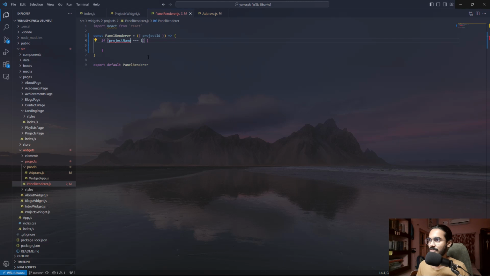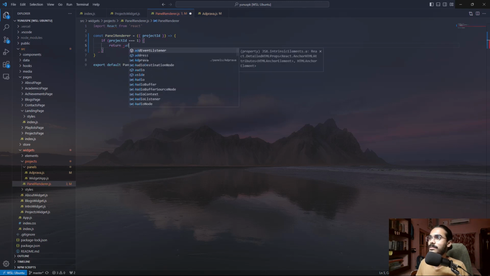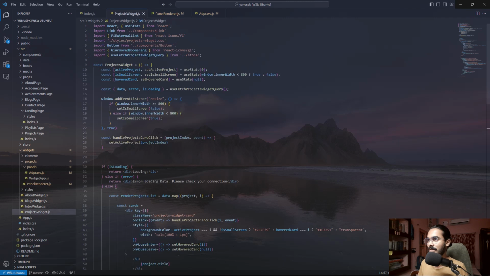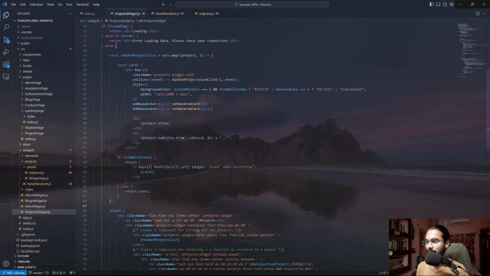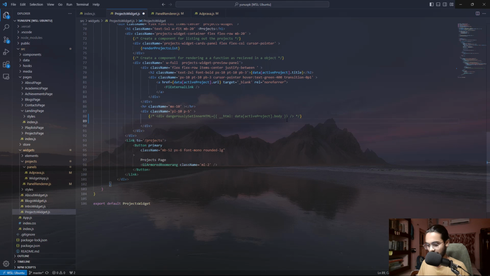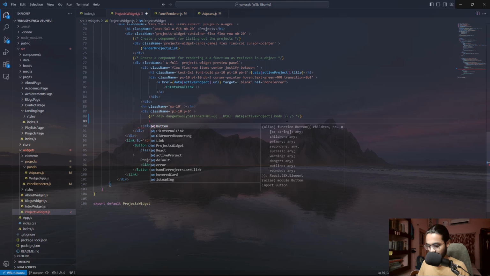So if project ID is equal to 1, then return Adprava. Where's the Adprava? From panels Adprava. Okay, then return Adprava. Now we're gonna go to projects widget, and what I'm gonna do is we have this div. I'm gonna comment out this div, and rather than that, we're gonna have panel renderer,